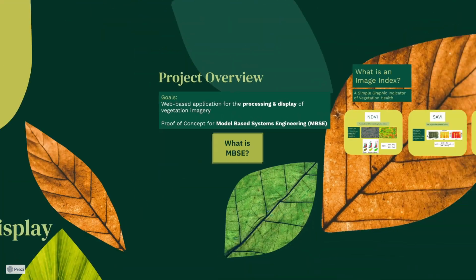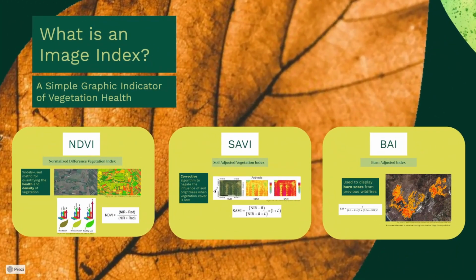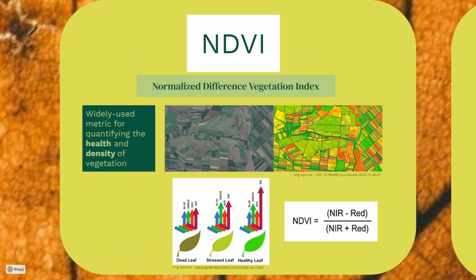Now you might be asking, what is an image index? To put it simply, image indexing is a simple graphical indicator of vegetation health. NDVI, or Normalized Difference Vegetation Index, is the most widely used metric for quantifying the health and density of vegetation. It uses the different reflections from vegetation on the red and NIR bands to display the difference between dead, stressed,